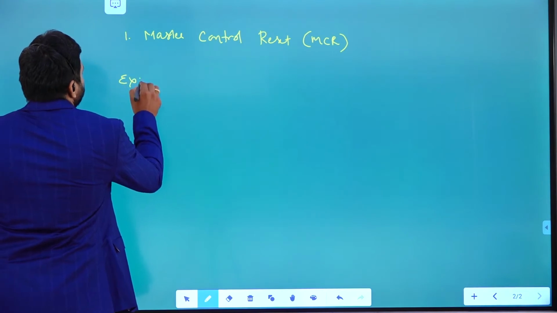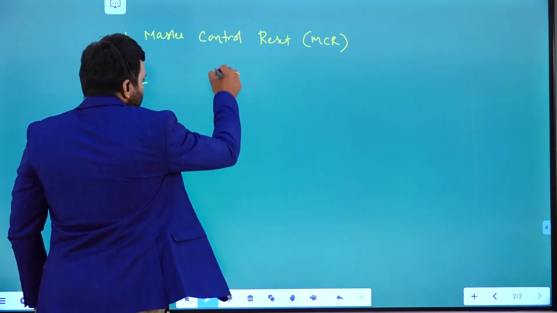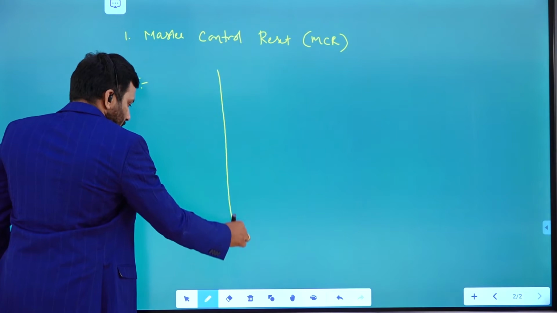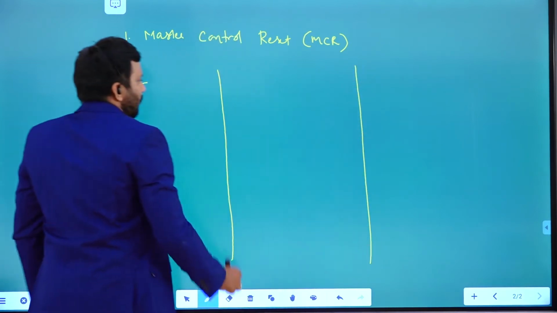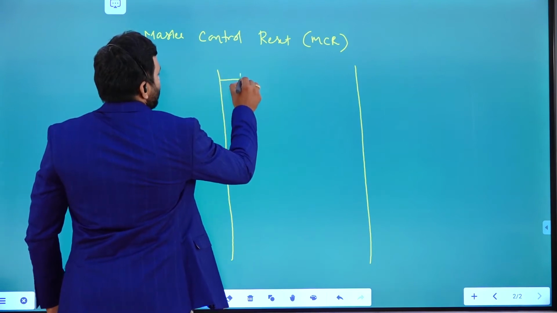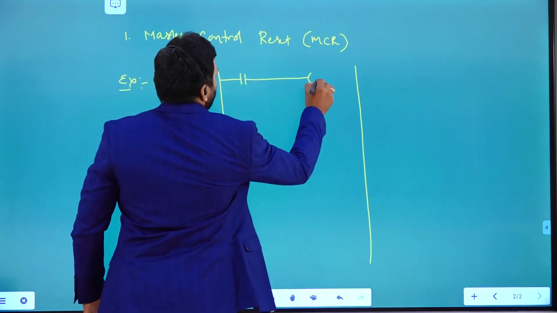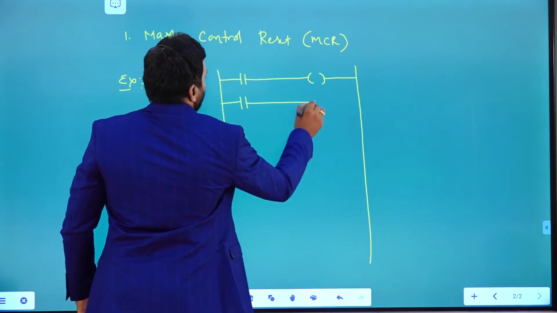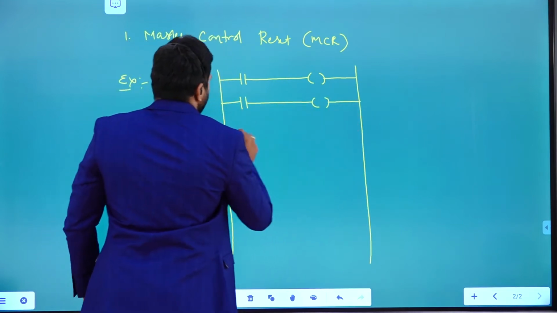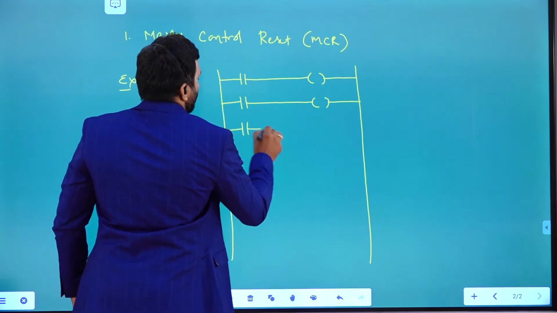For example, this is the PLC logic, right? It has some number of rungs, all right, like this, right? These rungs use coils and contacts.